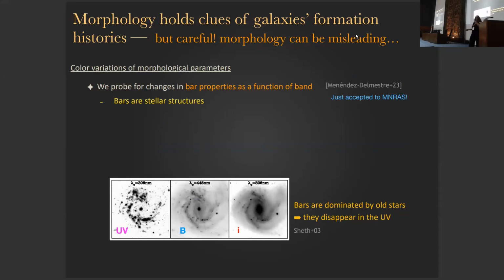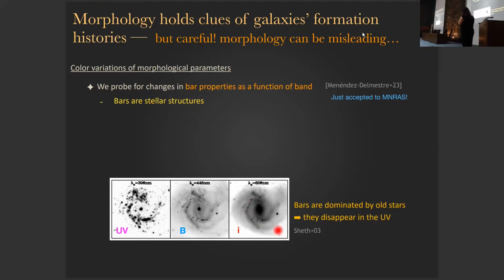And now, getting closer to the end, the intention is to look at stellar maps, but we also have many things that we do to understand the shapes, to connect the shapes with the astrophysical processes that have led to the stellar distribution that we observe. That is to make a connection with the stellar populations in this structure. So the main thing to start with is that bars are stellar structures. They're typically dominated by old stars.